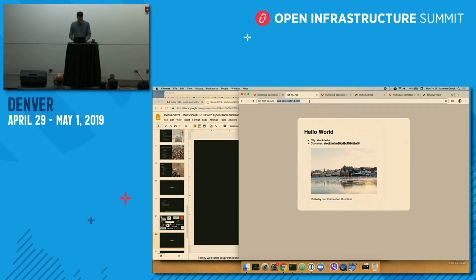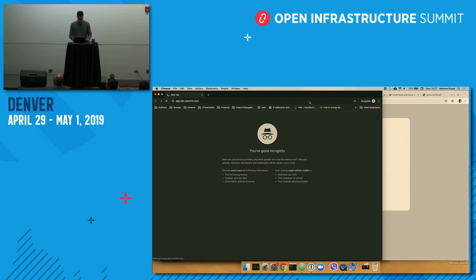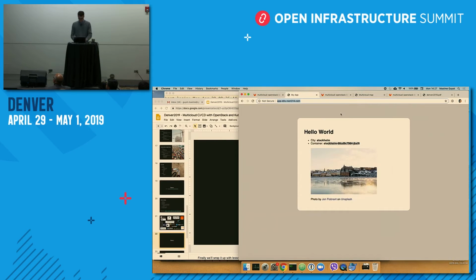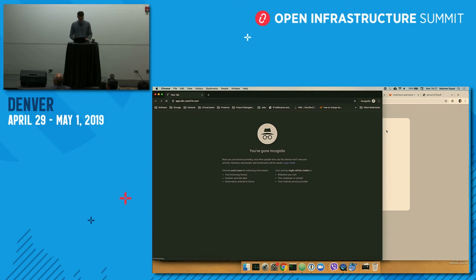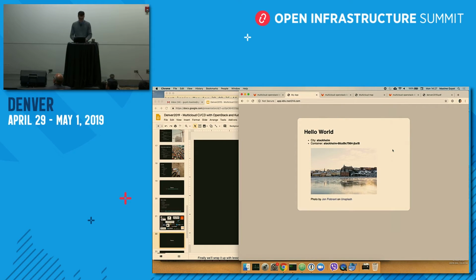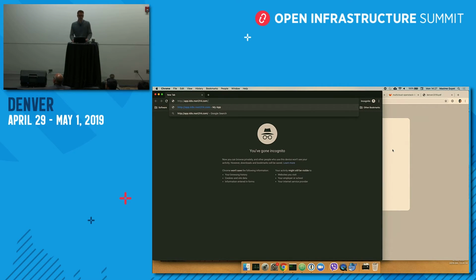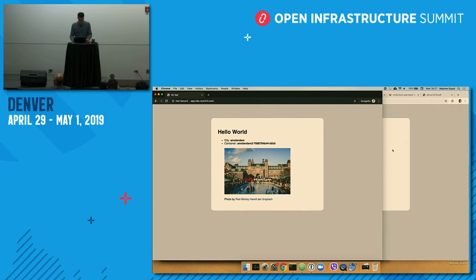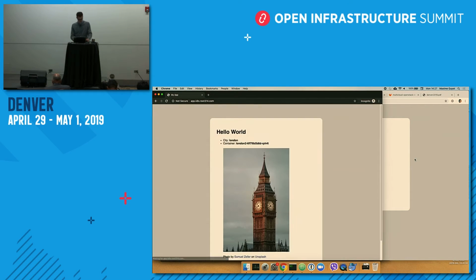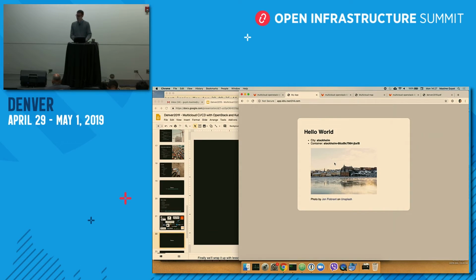If I open this in another incognito window, now we're hitting the Tokyo server, and I'll open another one, and again Tokyo. So DNS round robin has some form of unpredictability. We cannot control it too much. Now we're hitting the Amsterdam data center, and I can do a couple more if you'd like to see beautiful photos from around the world. London. I think you get the idea. We are just doing round robin there.